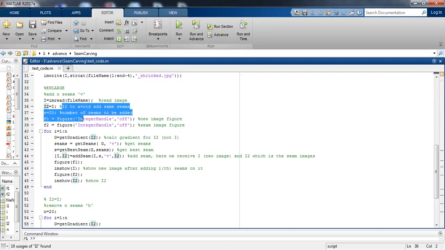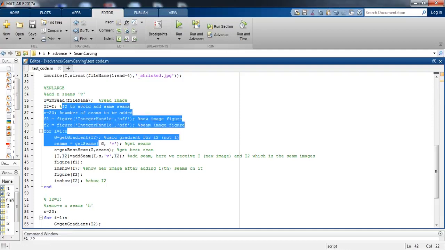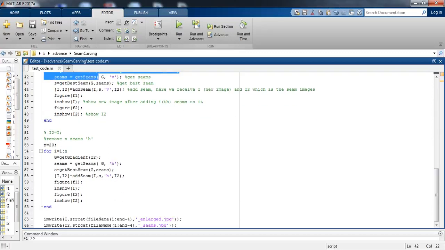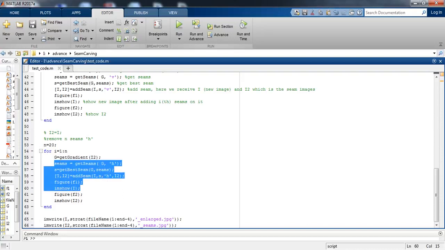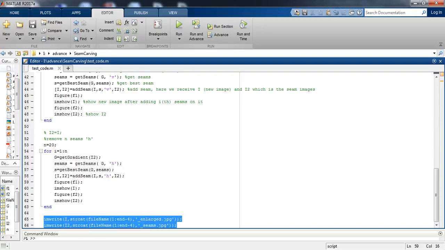Then we are enlarging the image. That means again we are iterating a loop and we are adding n seams v, and we are adding n seams h. It is just the vice versa process of shrinking and expanding. Then after that we are writing the enlarged jpg file and the seams.jpg file.